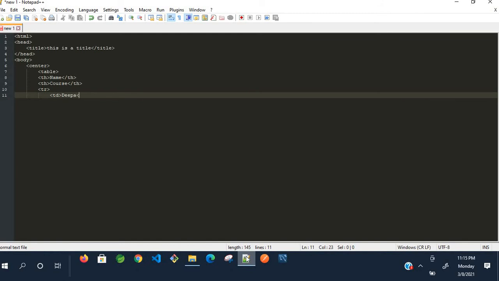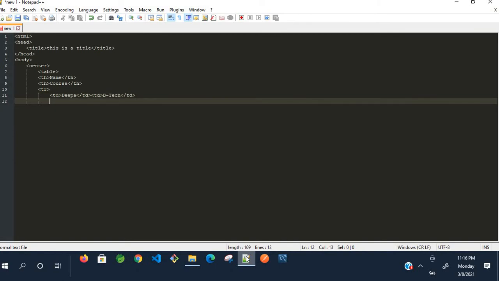One table data is completed. Then the next column data should have the course. I am giving the course as B. Then close the td tag. Here you can see the first row of the table has been completed.